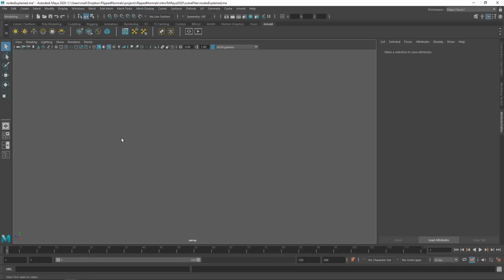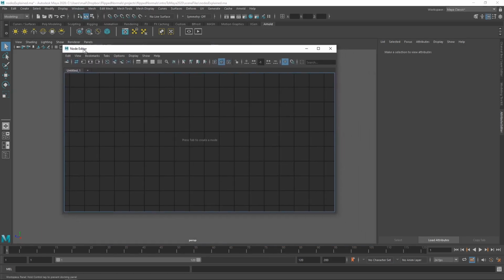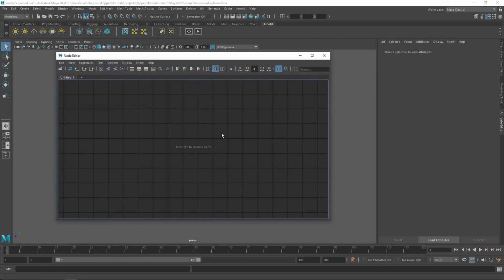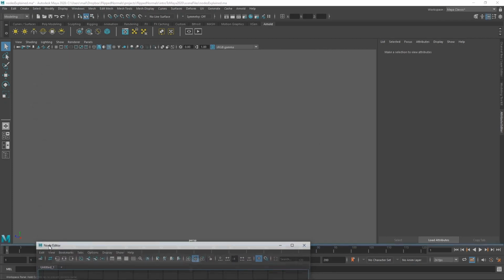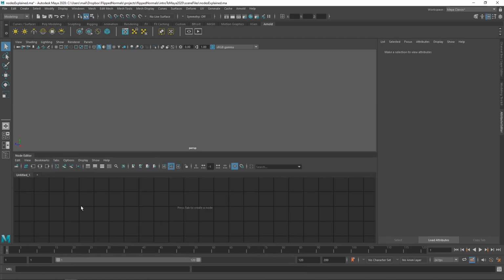One concept which will help your Maya journey so much is the concept of nodes. We've briefly alluded to this so far, but let's talk about it more, what it means. If you go to Window and Node Editor, now we get a view of nodes in the scene. Now we haven't created anything, so there isn't really anything here, but let's just dock this down here. So we can just move this here, and now we have the node editor down here, and we have the